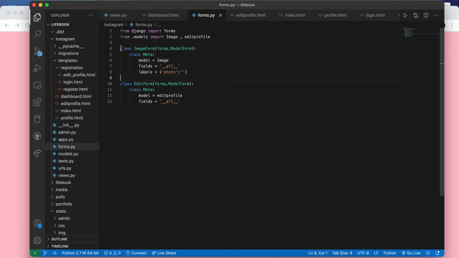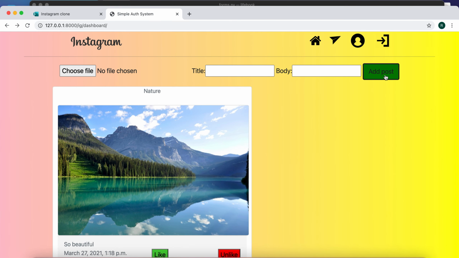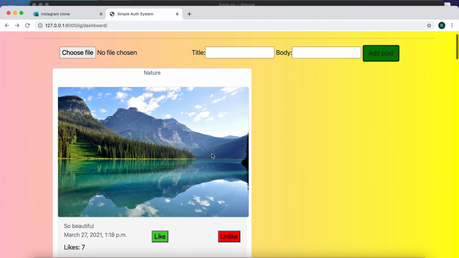So basically you could say class image form, and this is meta and model and all those things. So basically you have used various forms, and after you have used forms you need to define the models for these forms, right? After the add post button is pressed, what fields do you want?